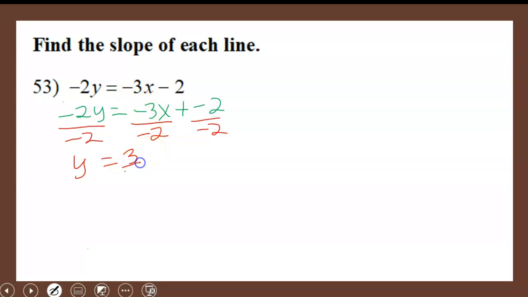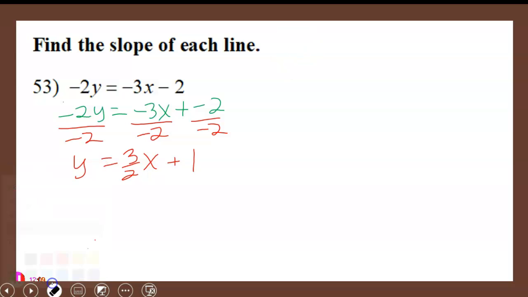We have 3/2 x. And then negative divided by negative is positive also. Positive is positive. So we have +1. 2 divided by 2 is 1. So now y is by itself. The slope is this line. If you remember the linear function,